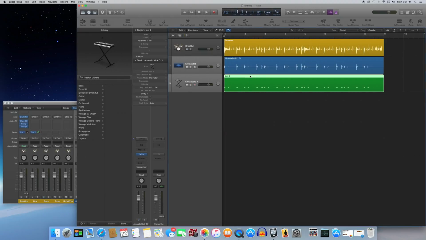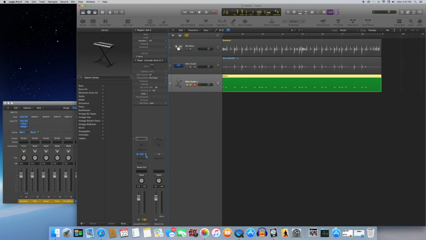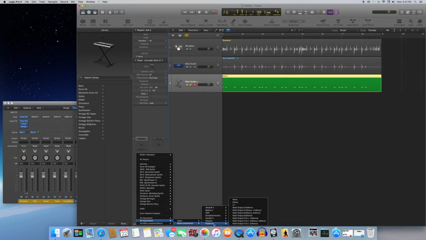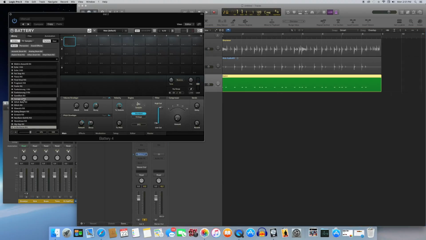You got your MIDI track with your kick drum. Now Logic will automatically assign a kick drum to this. Let's take a listen. And it's just a stock kick. So obviously we're doing all this work because we want to use a third-party kick. So you can just come into here and go to wherever your third-party kick or drum tracks are. A lot of times I like to go into Battery from Native Instruments, and I like to load a kick drum in here. So